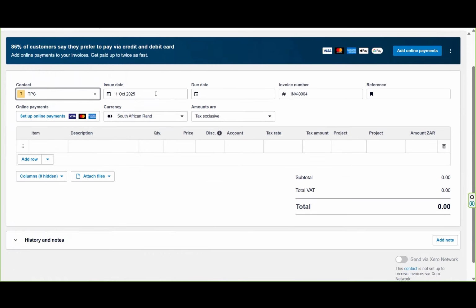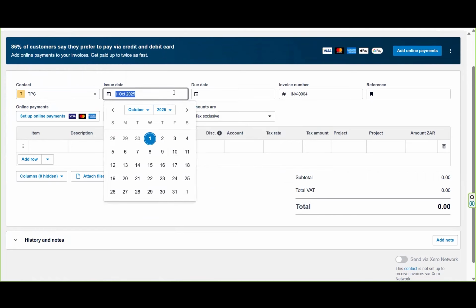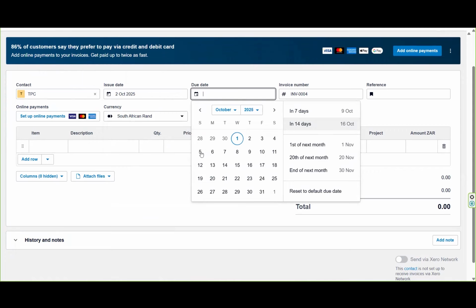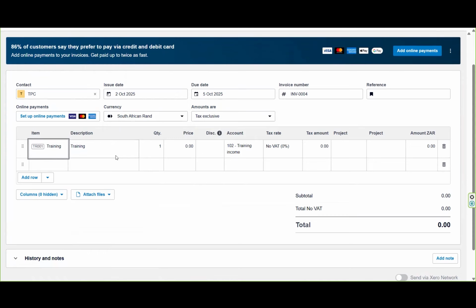Okay, so it's obviously again defaulting to today's date. And I can actually change this. Say I just want to issue this maybe tomorrow, and then I want to make the due date the 5th. So here, let's again keep it as training. And say I wanted to invoice the customer. I'm keeping the quantity as 1, and I want to invoice them 10,000 Rand,